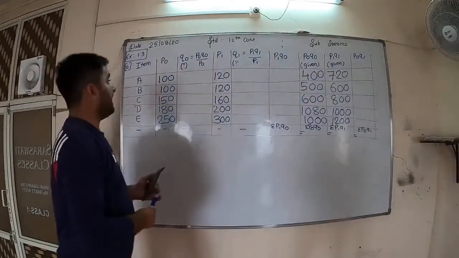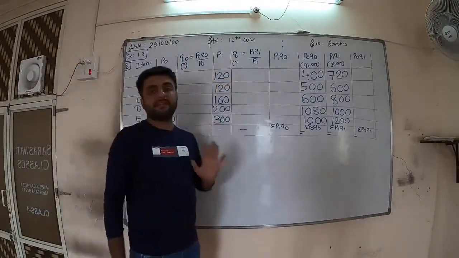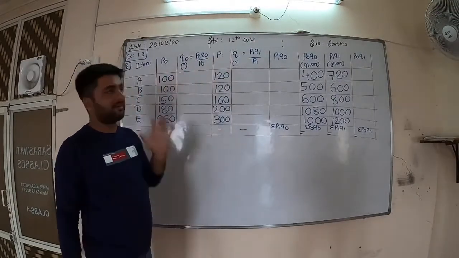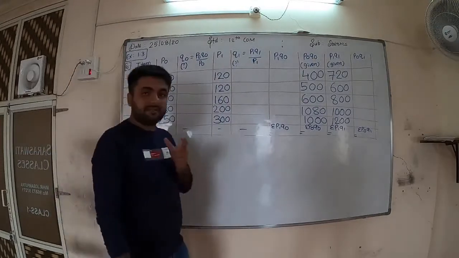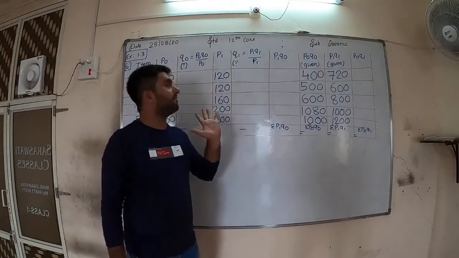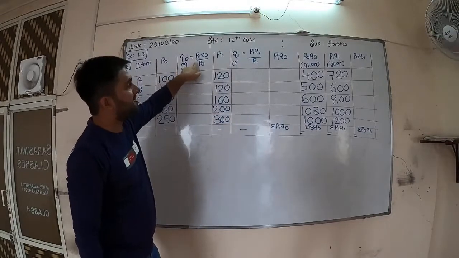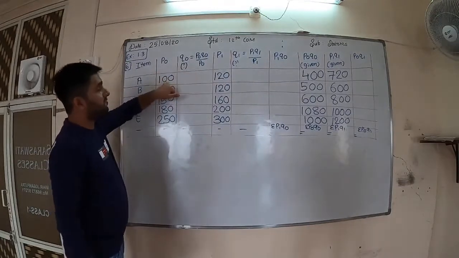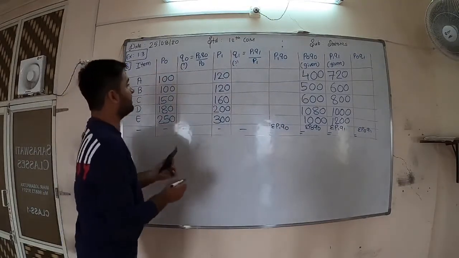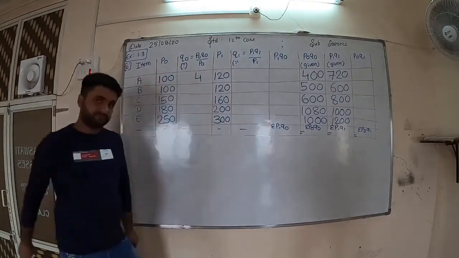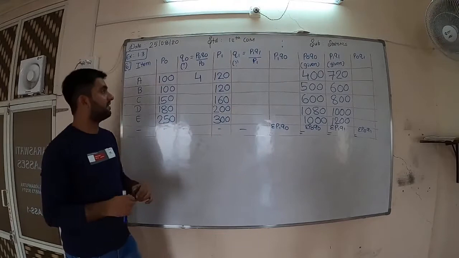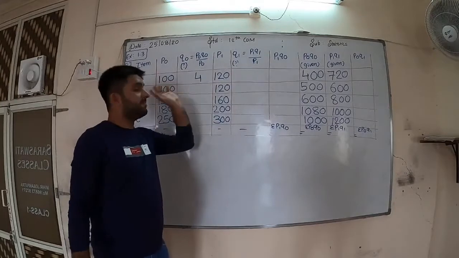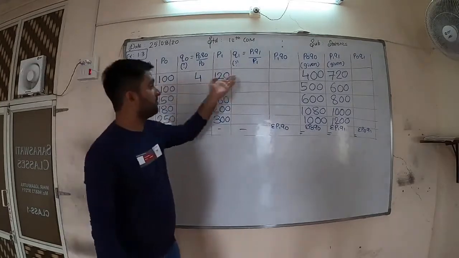Now we are calculating Q0 as well as Q1, but do not show here what you are dividing. We are not required to show it here, but we are required to understand. What you need to understand is P0 Q0. What is the value of Q0? 400 divided by P0, 100, so 400 divided by 100 is 4. And again you can recheck: 100 into 4 is 400.